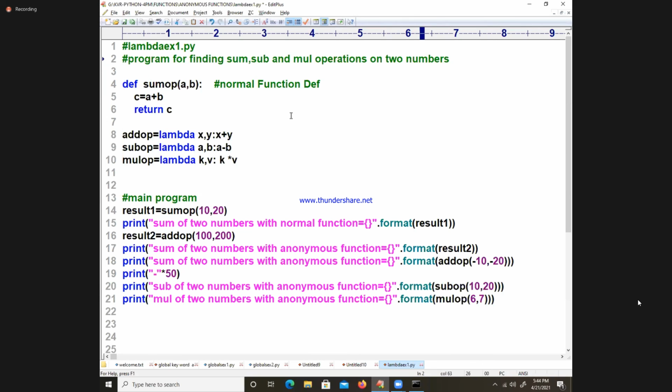So you are dealing with the normal function as well as the anonymous function. So I am using three anonymous functions.